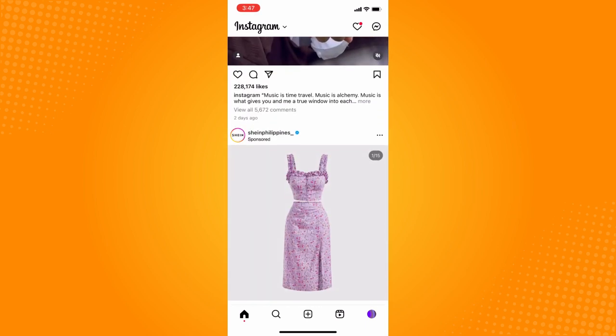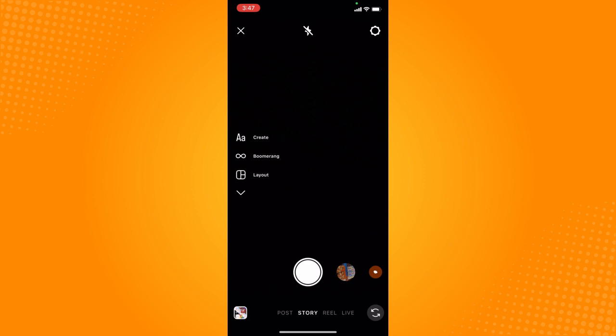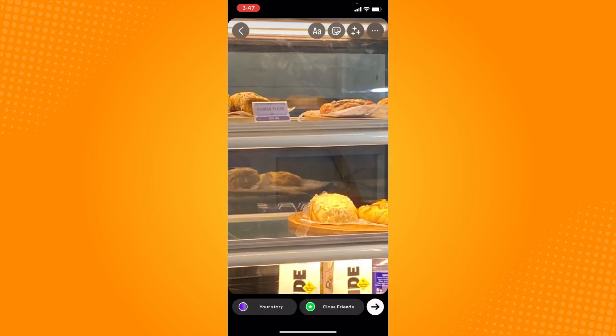Now here is what I want you to do next: just swipe left to right, and you will see your camera here. Then on the bottom part, make sure you have set it to story. So now if you add a picture there, let's say you want to just share it as your story,